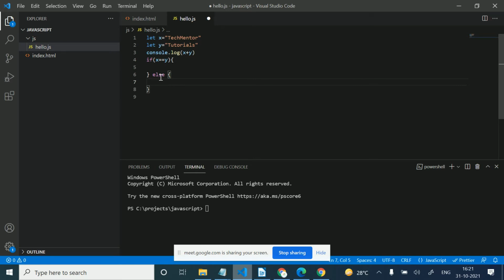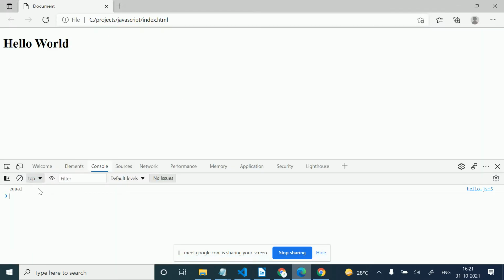Okay, like I'm just going to put here equal equal and this not equal. Okay, so this is equal.